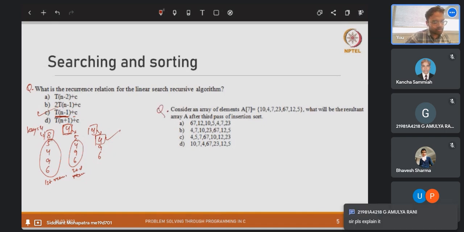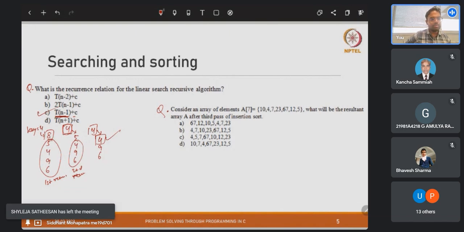Okay, I can explain that again. So here we had a linear search algorithm. In linear search, you go through each of the elements, you compare your key with each of the elements until you find a match. So let's say this is my array and I have this key, say it is 4. So I compare the key with the first element. Now I find that it's not matching. The key is not equal to the first element. And then I have to recursively do this, because that is what it's saying,